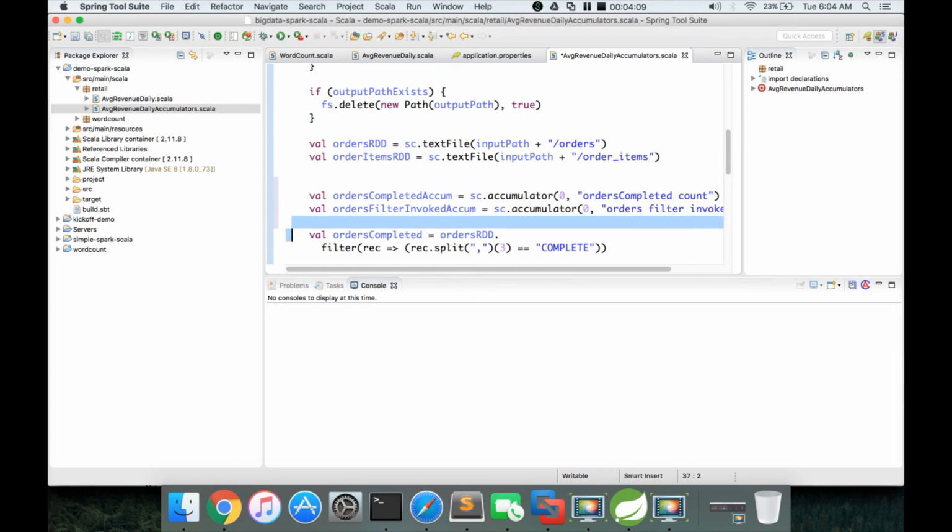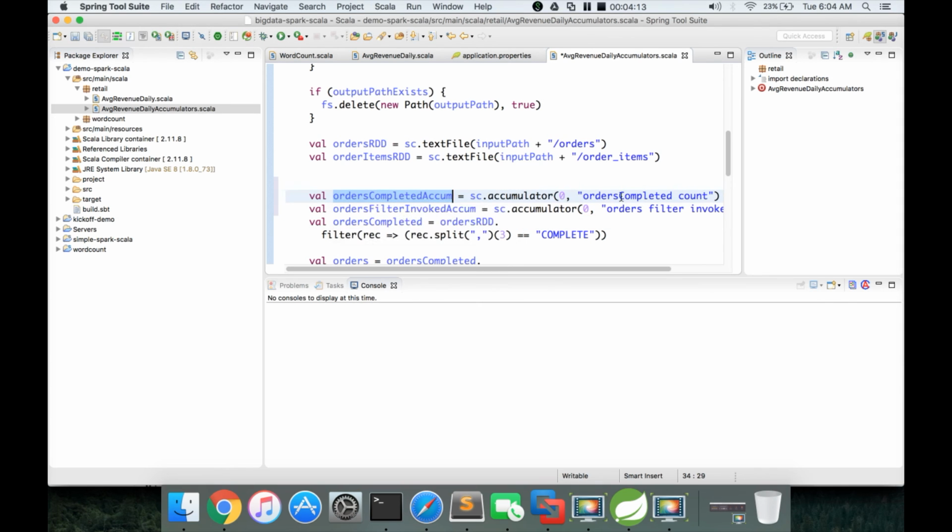So here we have created 2 accumulators. One is ordersCompletedAccum, which will be the orders completed count. After applying the filter, all the records that returned true will be incremented to this, and the overall number of records processed will be incremented using the other accumulator.